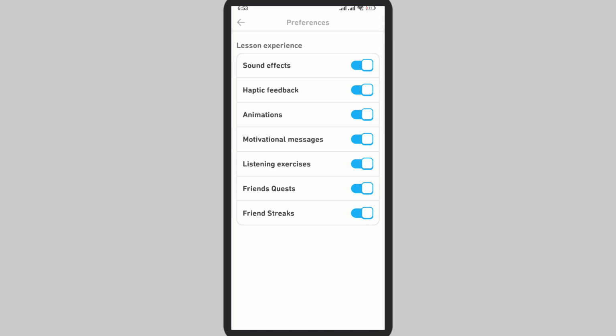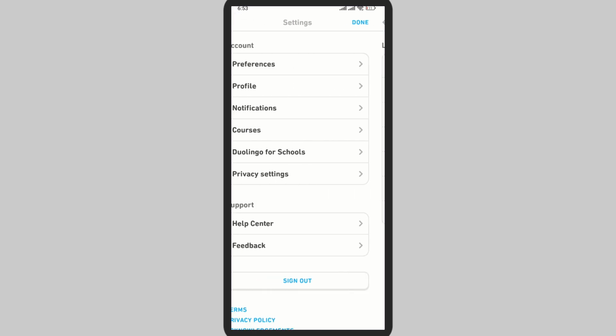Now after you enable this, there will be different listening exercises where you can complete different courses in the game. Now if you go back, it will all be set